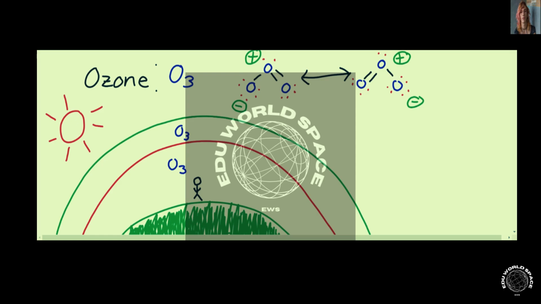Ozone is O3, an O3 molecule, okay? And we know that oxygen is usually in the form of O2, okay? That's sort of its happy place. And in fact, if you look at the Lewis dot structure, you see these three oxygens bound together. You end up with a positive charge and a negative charge, making it neutral, okay? So O2 and O3 are both neutral molecules. However, having these extra charges means that ozone is much more reactive and unstable than oxygen.